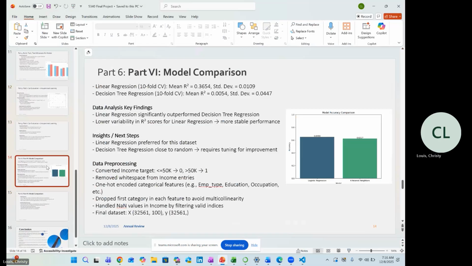Now, before modeling, the dataset needed lots of pre-processing. The target variable was converted into string values,